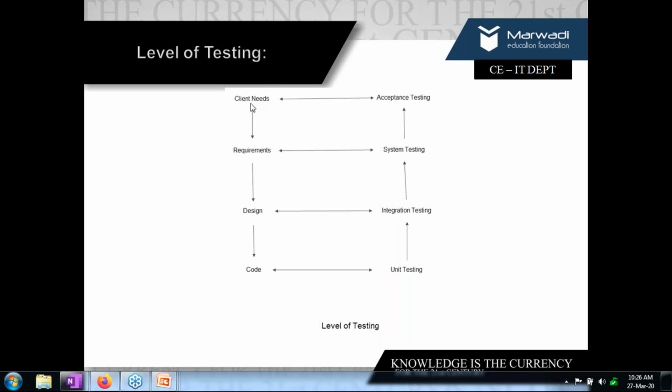Now, client needs can be verified with acceptance testing. Requirements can be validated with system testing. Design can be validated with integration testing, and code can be tested with unit testing. Okay, draw this figure. Now you can have a lot of explanation here if it is asked as a short note.